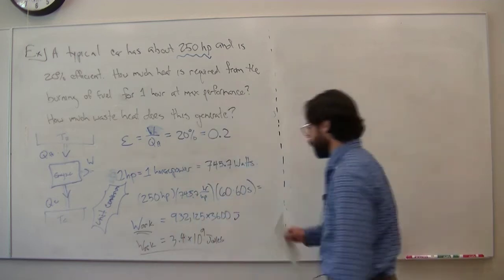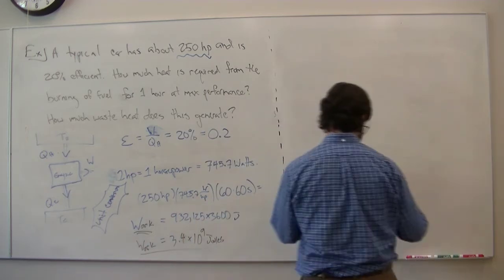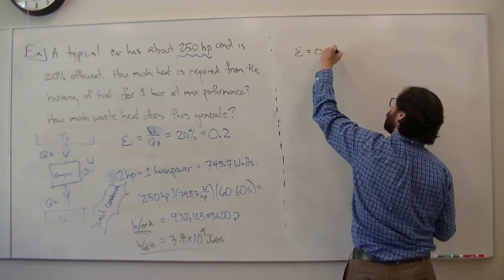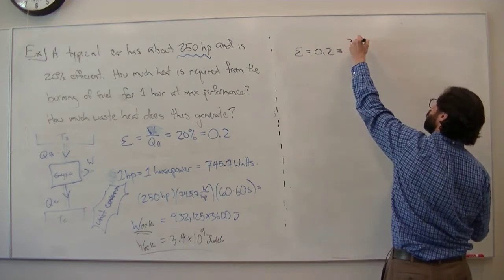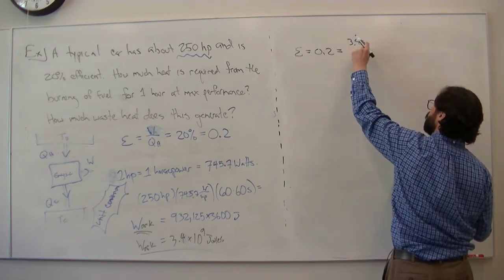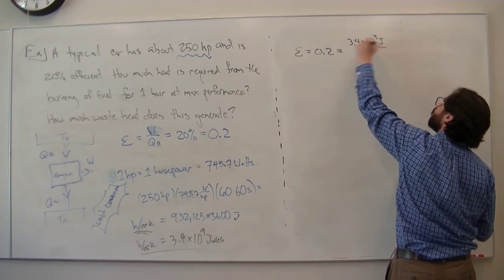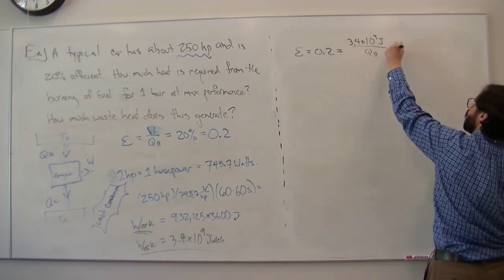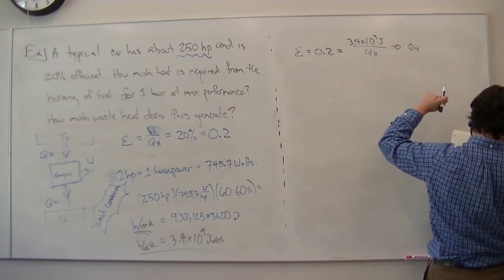But anyway, run your car, pedal all the way down for an hour, 3.4 gigajoules. Which means that the efficiency being 0.2 would let you figure out how much heat it required to do that, and therefore the leftover is waste heat. So efficiency 0.2, we got our work. This tells me that Q hot is equal to